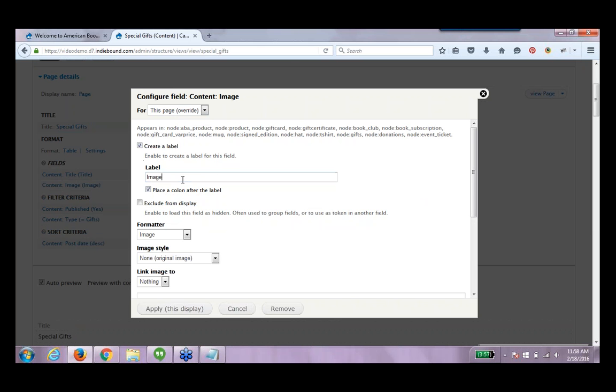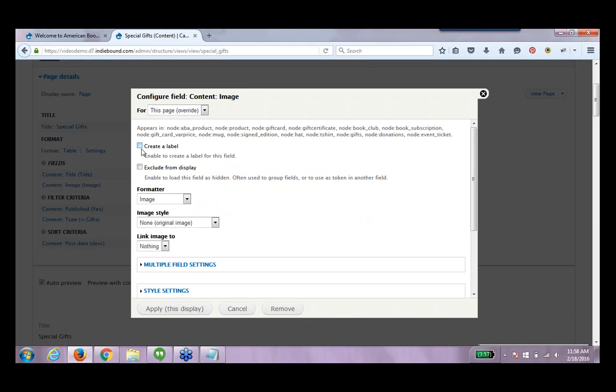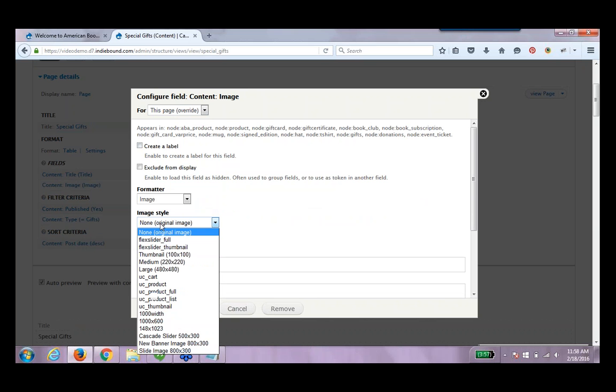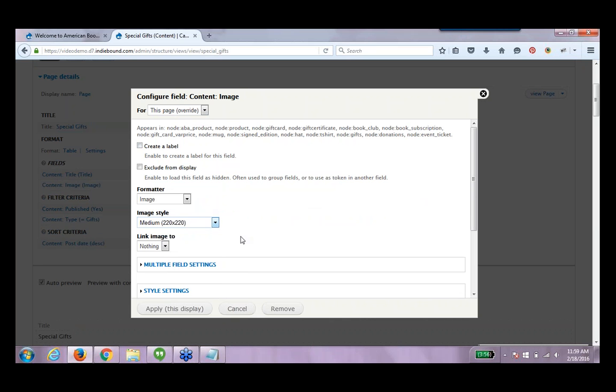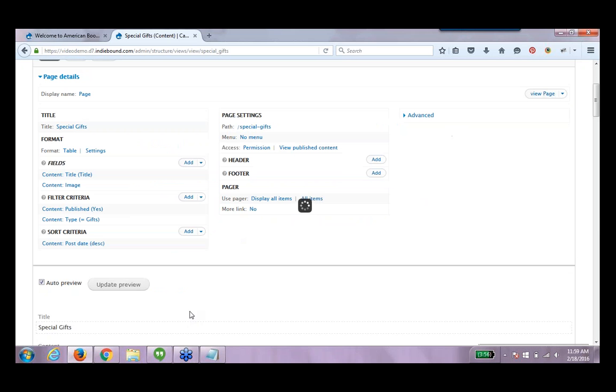I don't need the word image to appear next to my actual picture, so I'm going to uncheck Create a Label. I want to choose what type of image style is displaying. So for my page, I'm going to say to display them 220 by 220, and I do want to link them to their content pages. I'm going to apply this display again,